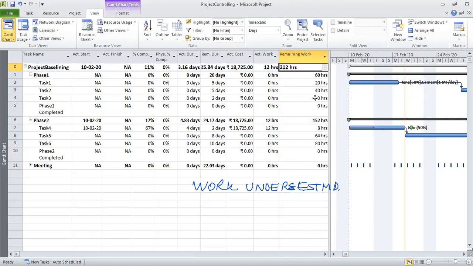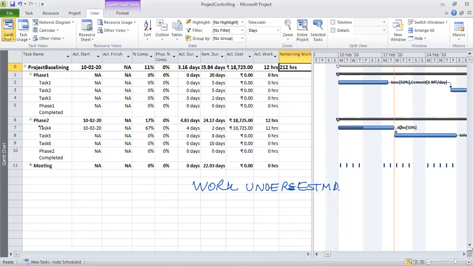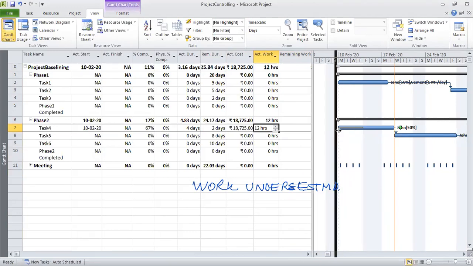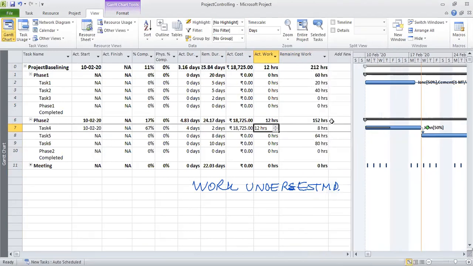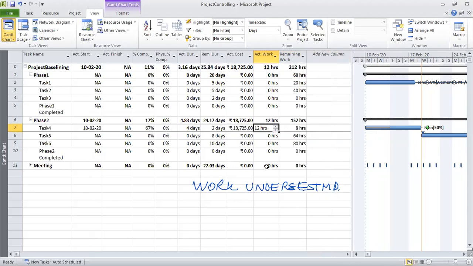So we are with remaining work. Finally. So the remaining work on task 4 is 12 hours. And the actual remaining work is not 4 hours, the remaining work is 8 hours. Now this looks good. I'm sorry, it took a little longer than what it should.